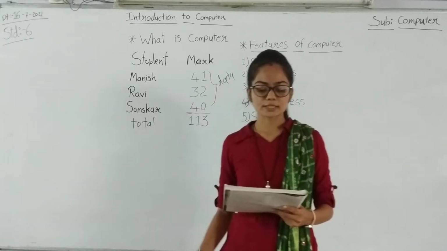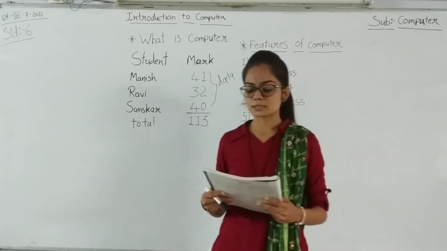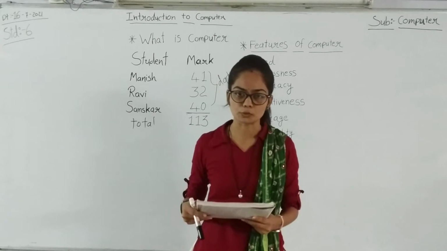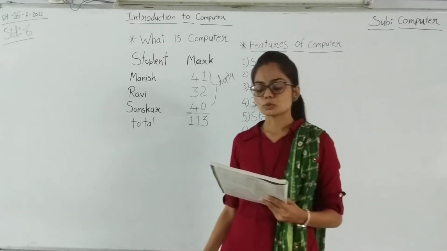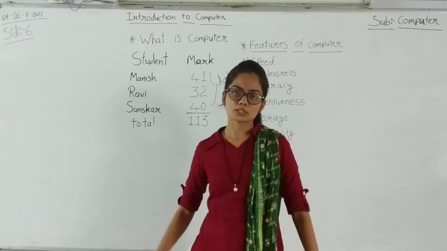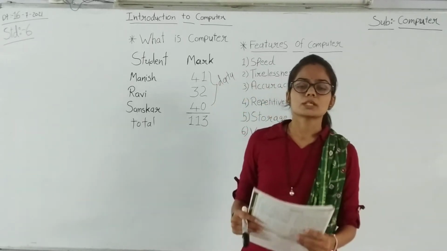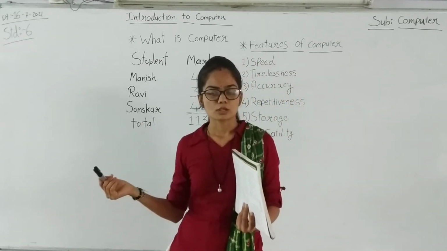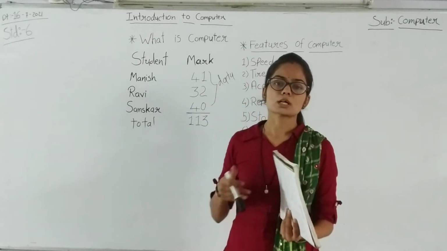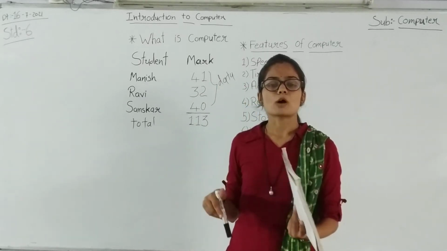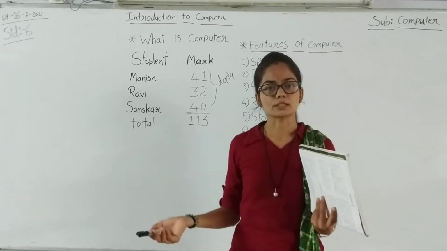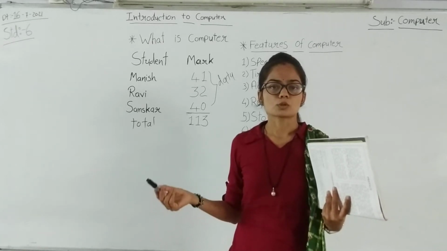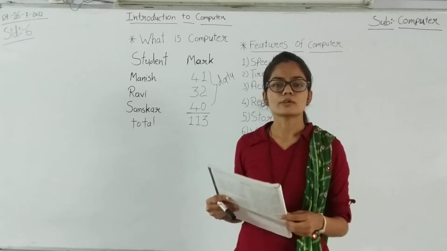That's why a computer is an electronic machine which is made up of devices used for input, processing, storage and output. In this line they want to tell us that a computer is a combination of various devices. Like when we want to input something, we use a keyboard or mouse. When we want output from a computer, we get it using a printer or monitor. To store data, a computer uses CPU memory. So a computer is a combination of various devices.